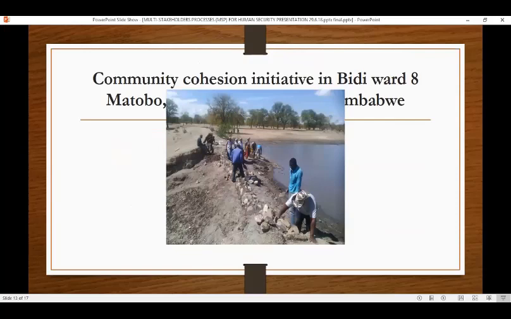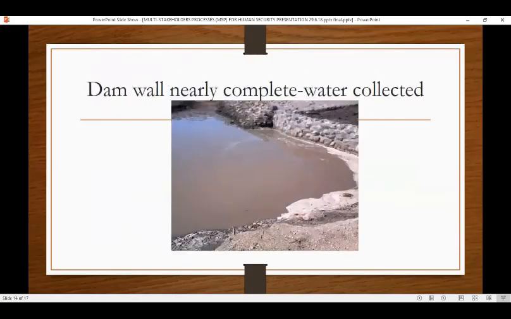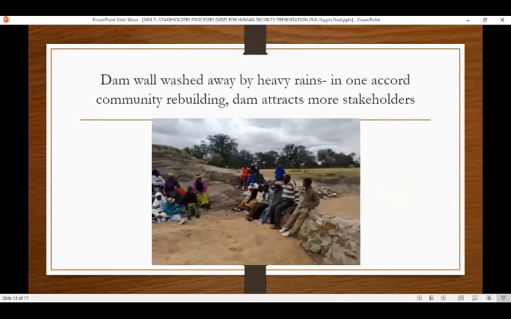This is one of the projects they were talking about, the construction of a dam. Those are community members who were working on their own. We had to come in as ECLF just to give them a catalytic fund, like some cement, but all the time the community members were making sure the stones were there from the nearby villages, the sand was there, everything. They were doing it on their own, with different stakeholders. Immediately they had completed their dam wall, water was collected, their animals were getting water, and the people were about to get their gardens on board, but unfortunately, because of heavy rains,